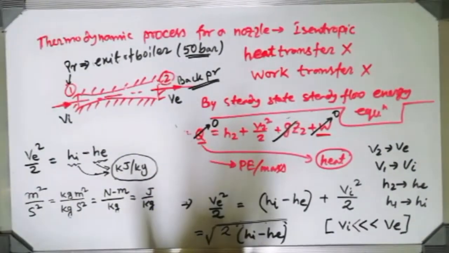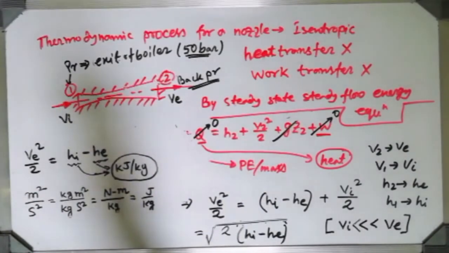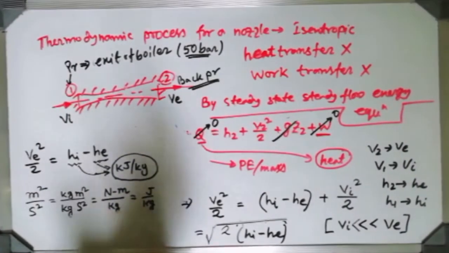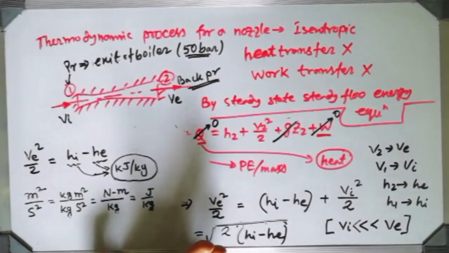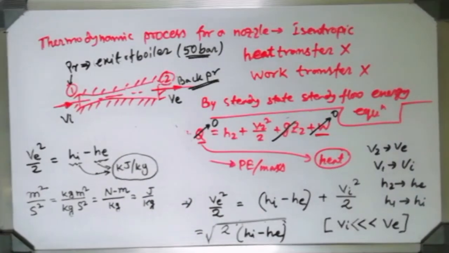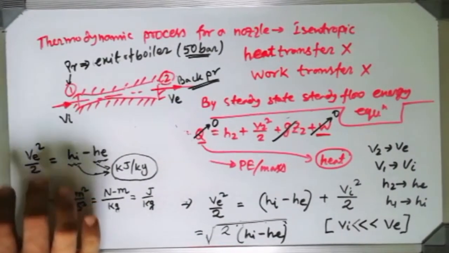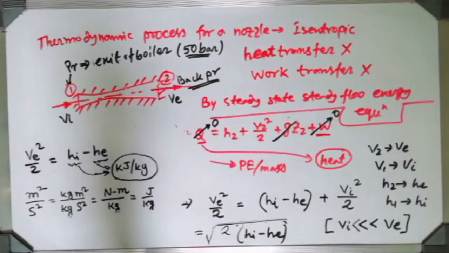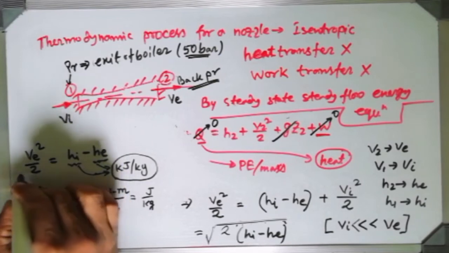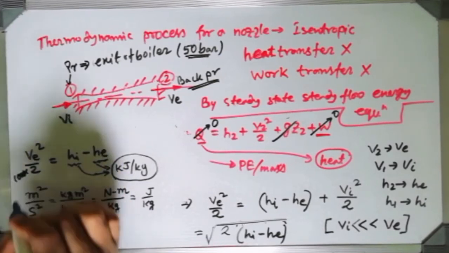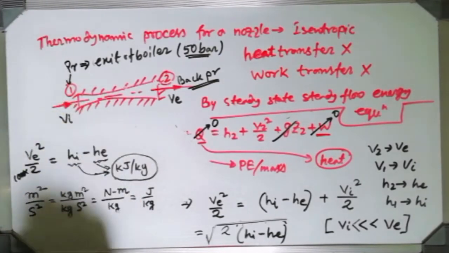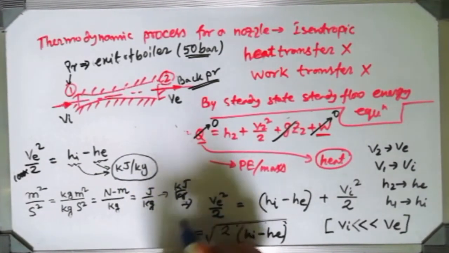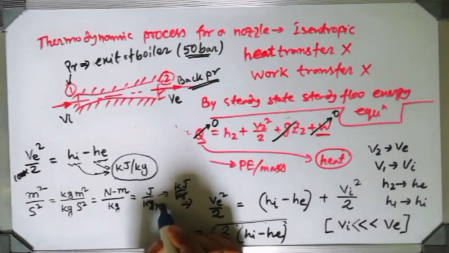High rise building or sky rise building can be constructed if the base is strong enough to bear it, otherwise it will fall down. So this velocity square by 2, it will give you joule per kg, and in the right side kilojoule per kg. Obviously some 1000 term must be multiplied with there, by which this left hand side also give you kilojoule per kg. So 1000 term at the denominator should be multiplied.